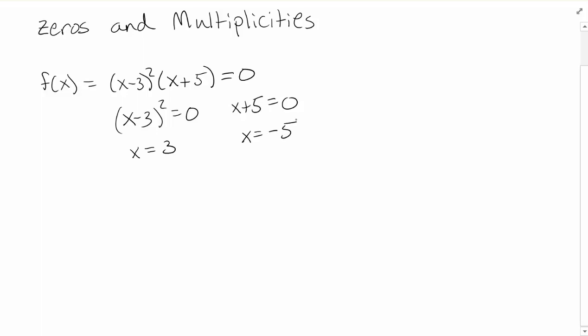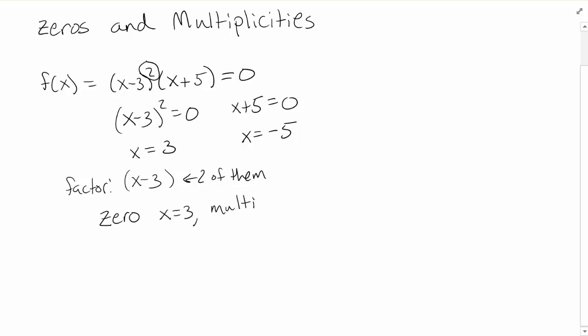The difference between these two zeros is the number of factors that that zero comes from. So for example, x equals 3 is a 0. It comes from the factor x minus 3. So this is the factor. And there are 2 of those factors. And the reason for that is because I have this squared exponent right here in the function. So what we say is a 0 of this polynomial is x is equal to 3, and it has multiplicity